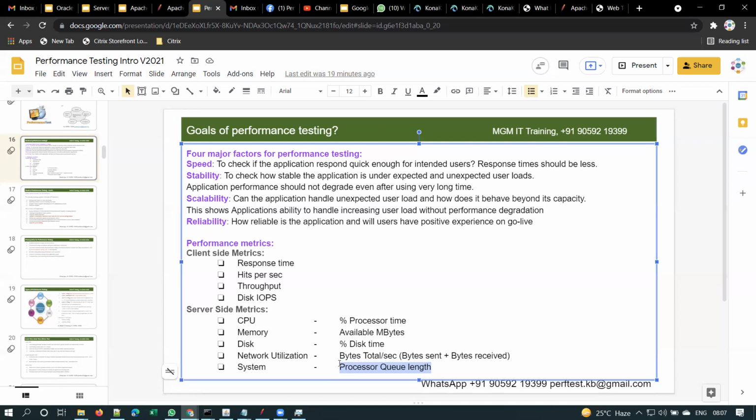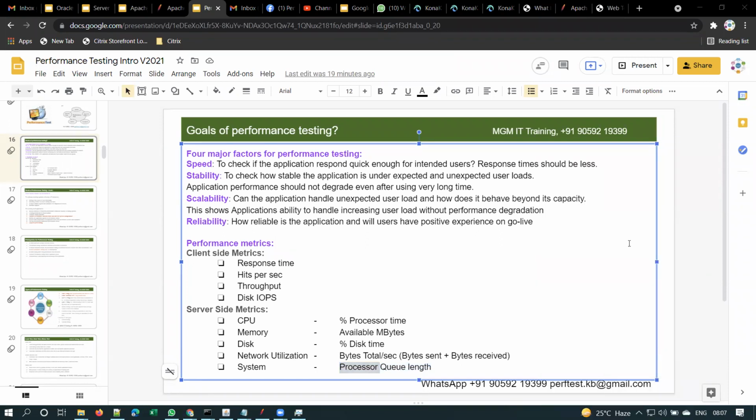Yes. Now, what if 8 people came together, or what if 10 people came together? So there will be some queue length, right? Each person will go into some queue, like 4 people will be buying the tickets, and the remaining 4 people will be waiting for their turn, isn't it? Yes. So in the same way, for the processor also there will be something called processor queue, when there are a lot of processes.